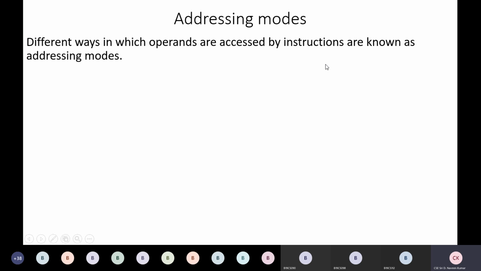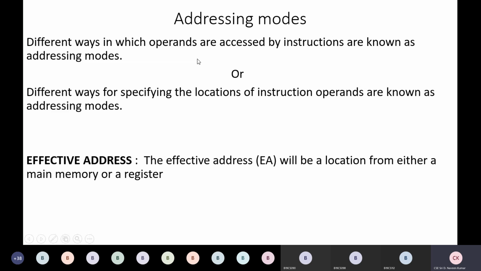We already know operands will be in instructions, because what is the format of an instruction? Just now we had seen, can anybody say what the format of an instruction is? Opcode at the starting, followed by operands. An instruction consists of an opcode, for example add, and operands, maybe A, B, or LOC, or R1, R2. So we'll look at the different ways in which operands are accessed by these instructions. Okay. So we'll look at some examples.